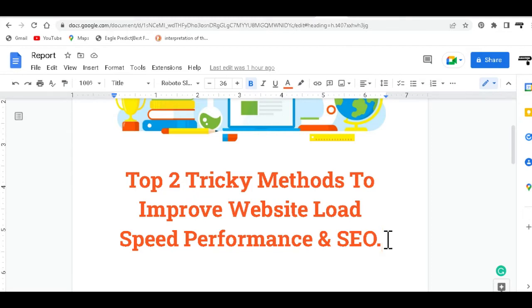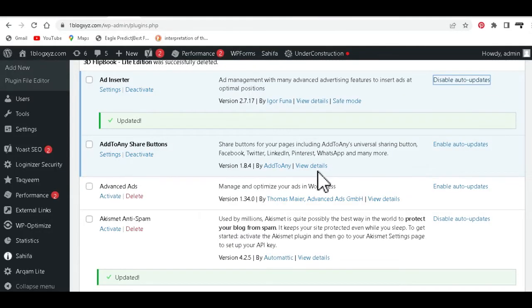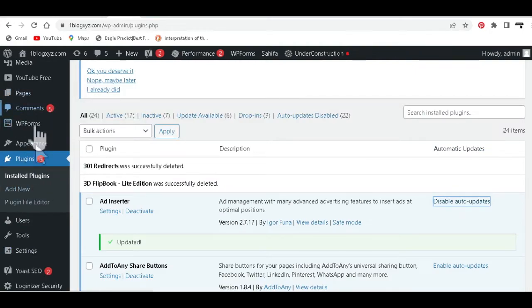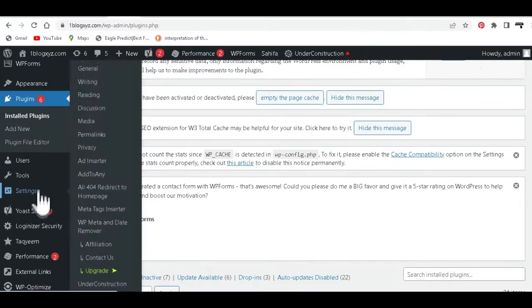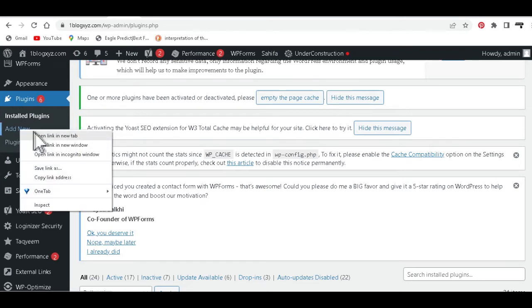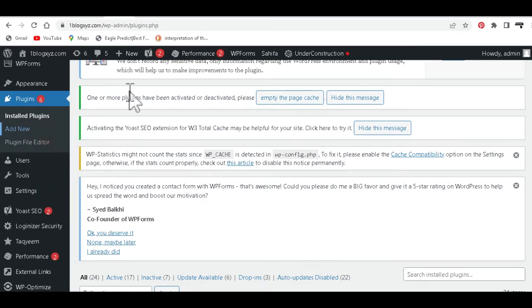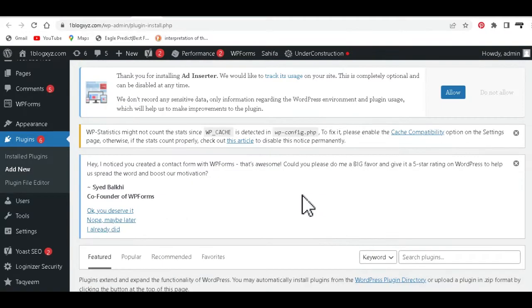And of course, if you come to your website, for example, let's say you are on your site. Here on the left hand side of your dashboard inside of your site, you can come to this section that says plugins and add new. Maybe I will try to open in a new tab. I will search for image compression tools that I can use to compress images if I already have images